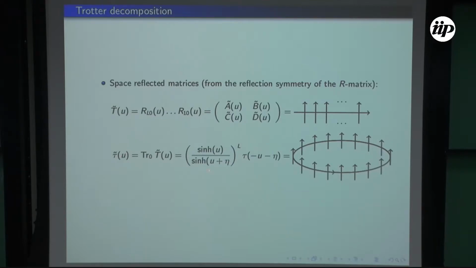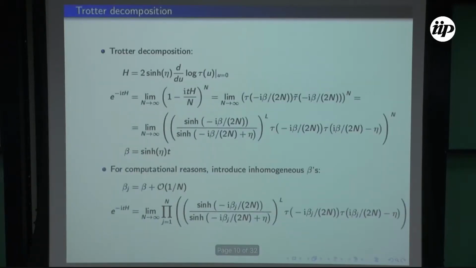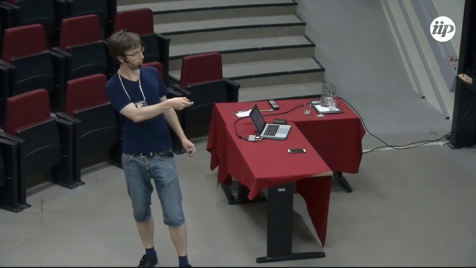There is some relation with some normalization and with some shift in the spectral parameter. And then, okay, I wrote down some ugly equations, but the point is that this operator can be decomposed as such,